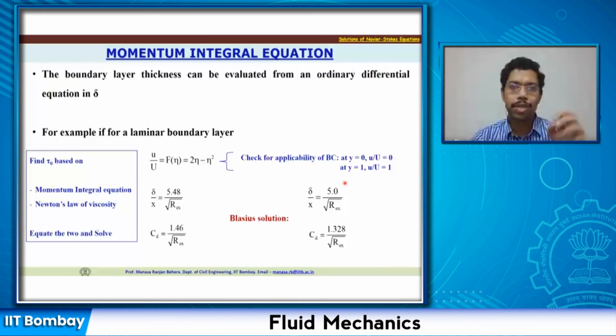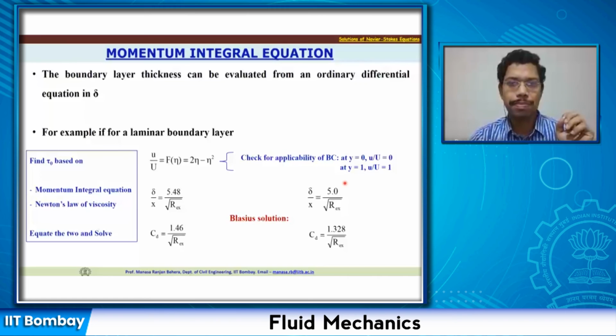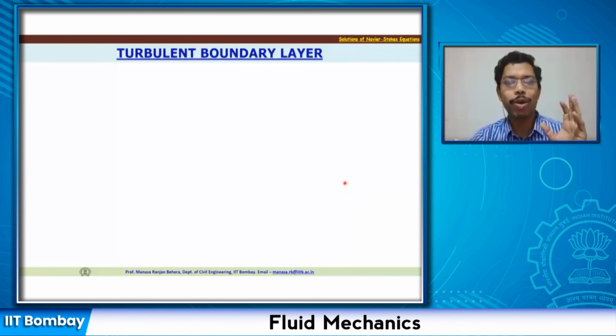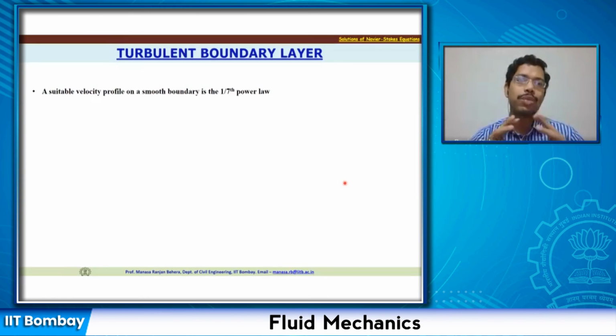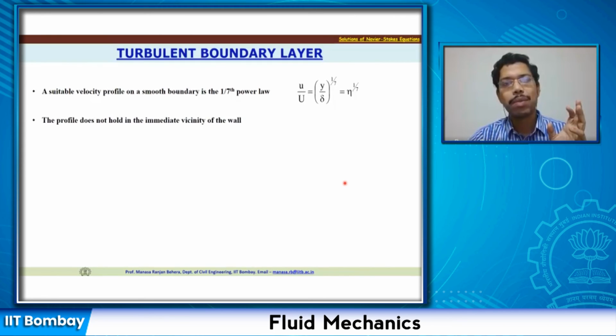We have talked about the momentum integral equation. I'll quickly touch upon the turbulent boundary layer, but not the derivations, just to give you the essence of the concepts. So in case of a turbulent boundary layer, a suitable velocity profile on a smooth boundary follows the 1 by 7th power law, and that expression is given as something like this: u by U equals y by delta to the power 1 by 7, or eta to the power 1 by 7. Okay, so with this, the profile